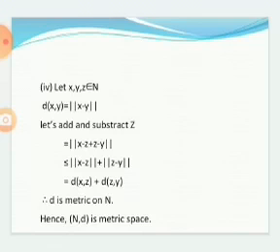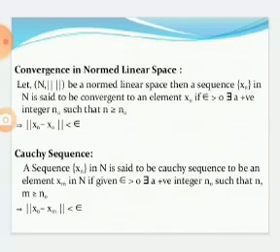Okay. In the next slide we are going to talk about some definitions. Convergence in normed linear space. Let (N, norm) be a normed linear space. Then a sequence x_n in N is said to be convergent to an element x naught if, for epsilon greater than 0, there exists a positive integer n naught such that n is greater than or equal to n naught